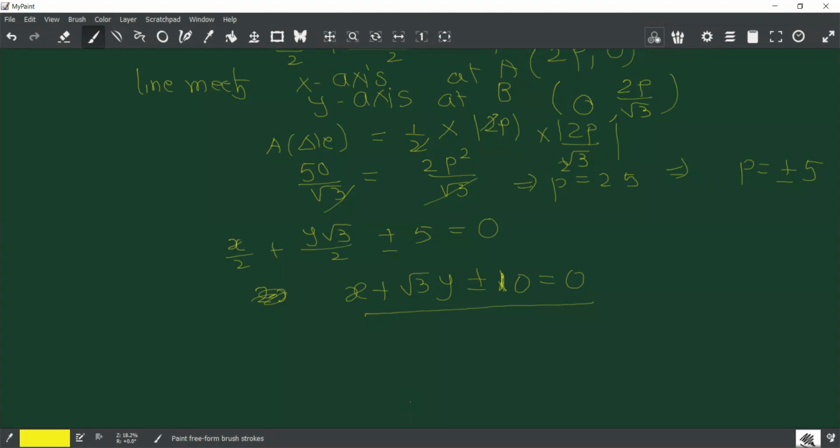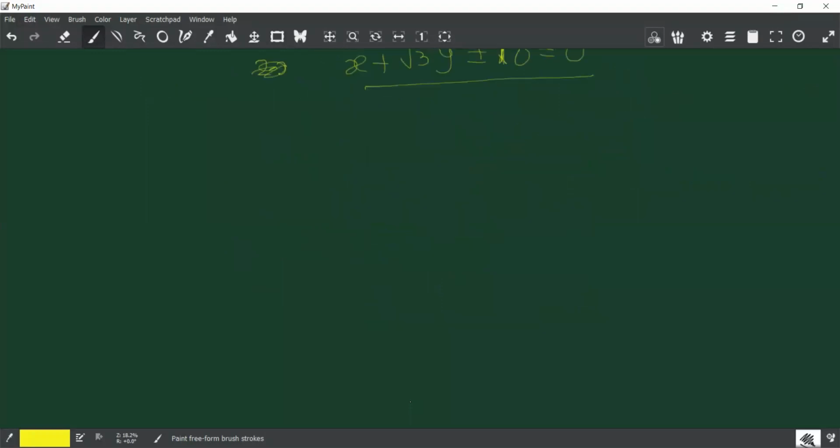Now again, can I give you? See, you try first, second, third, fourth. The answers will not be the same. So plus or minus 10 is the right answer. Yes, first and third one, because in second and fourth, the angle of the normal will come out obtuse. You're getting it?